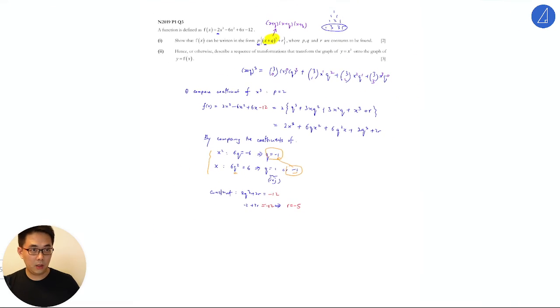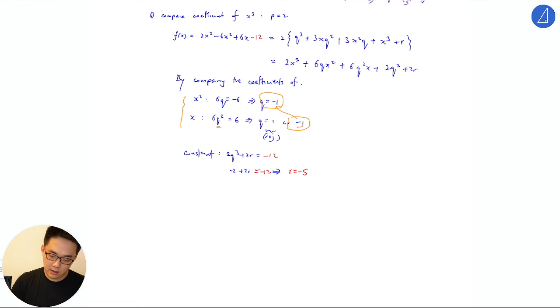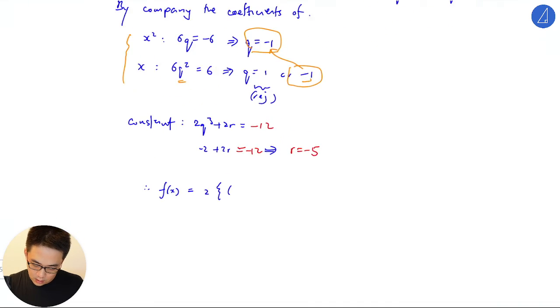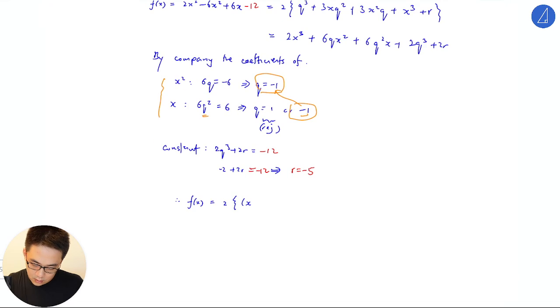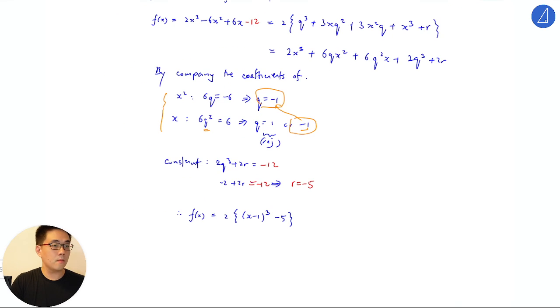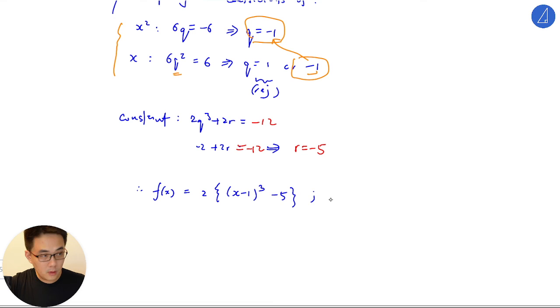That would be, p, q, r are constants to be found. So in this case here, hence f(x) is equal to 2x minus 1 cubed, that would be q equals -1, p equals 2, r equals